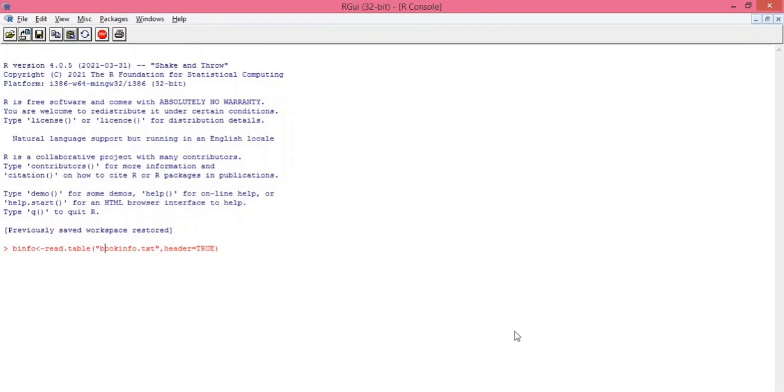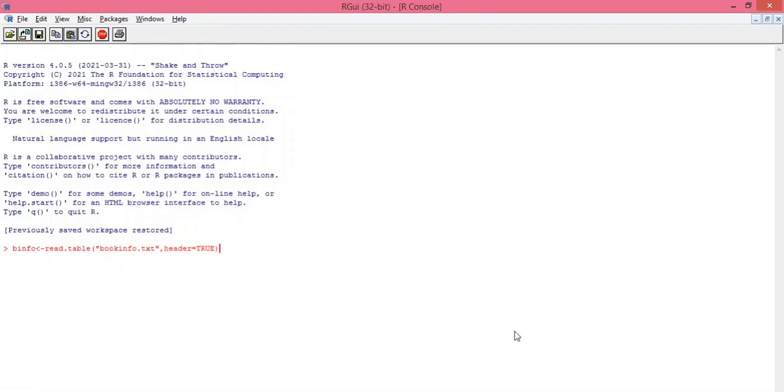You can check your current working directory by using getwd function. So while importing any external file into R, you can either store that external file into your current working directory, and if it is not stored in current working directory, then you need to specify the path of folder or the location where your file is stored.